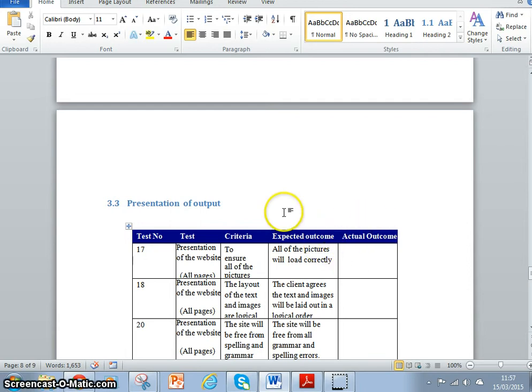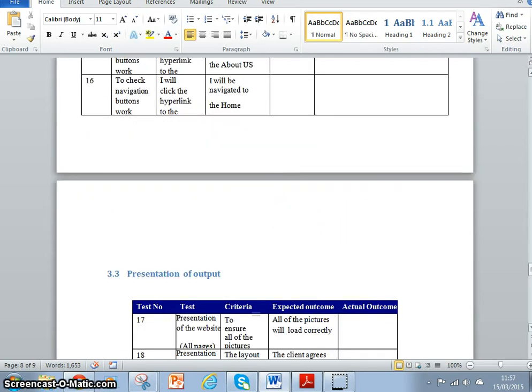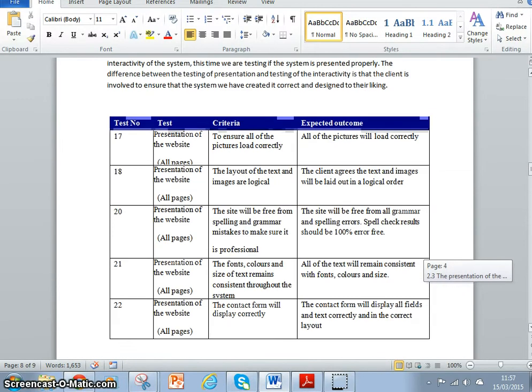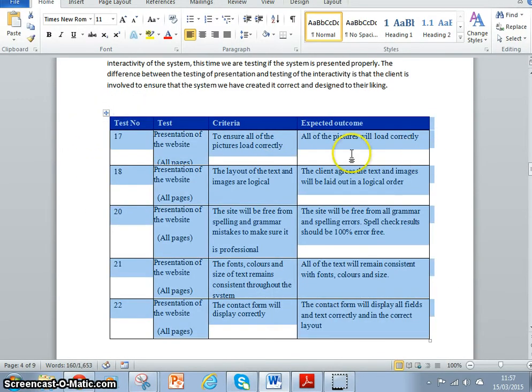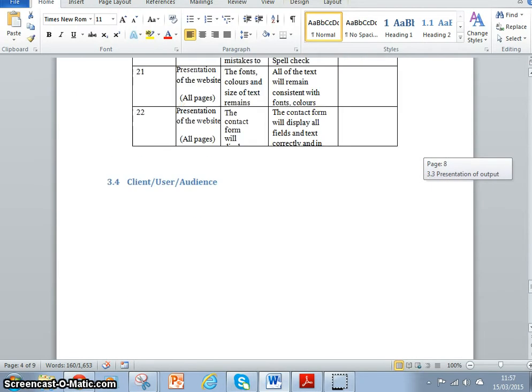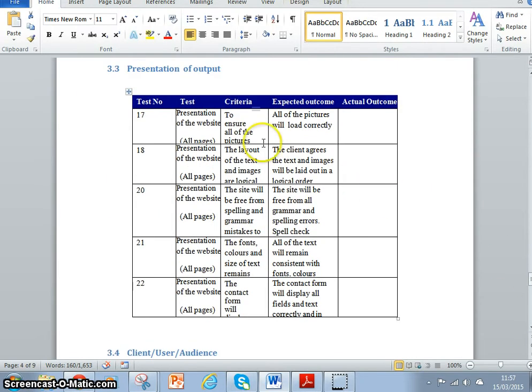Right. So for the presentation of output test results, I've done the same thing that I've done with the previous two sections, which is head up into my test plan, get the actual tests that I'm going to conduct, copy them, copy the table, and move that down into my test results section like so. You'll notice that the table I've edited, but I've not included an evidence column on this particular